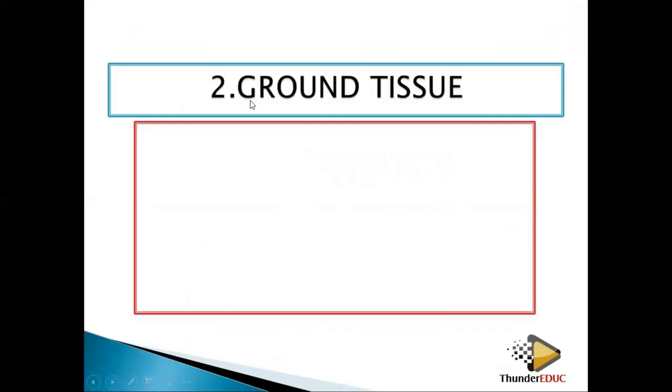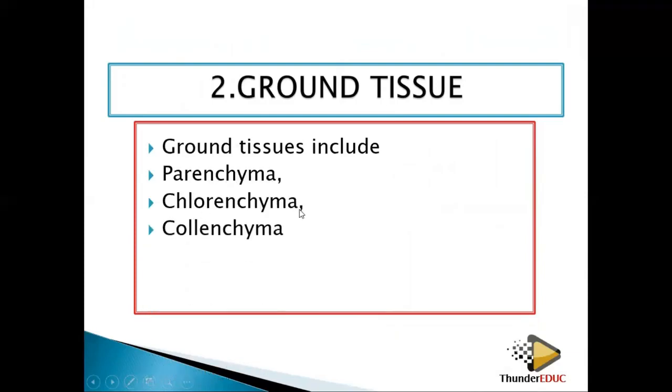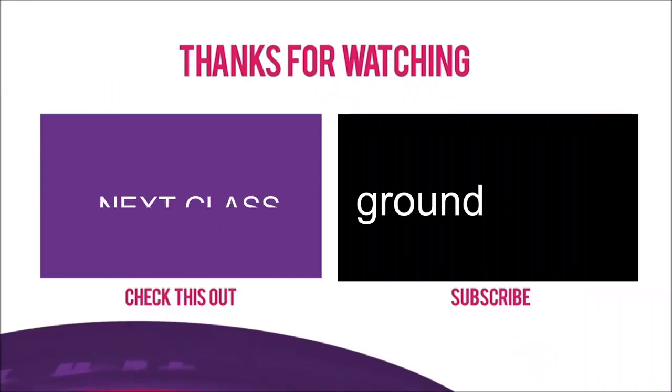Then you have what you call the ground tissue. Ground tissue includes the parenchyma, the chlorenchyma, the collenchyma, and then the sclerenchyma. So they have the parenchyma,